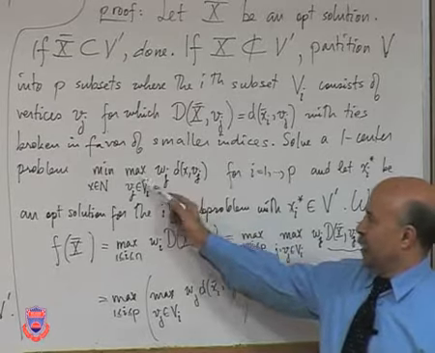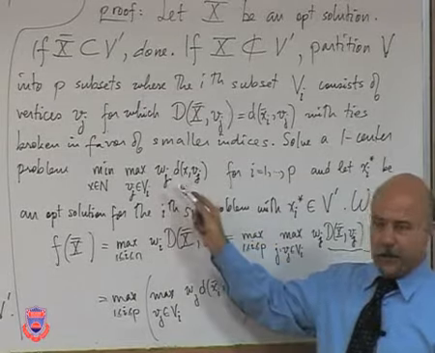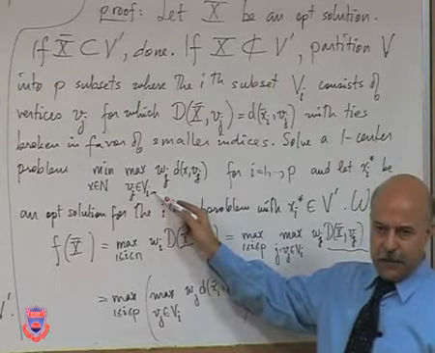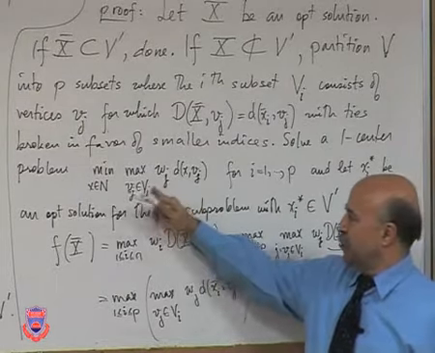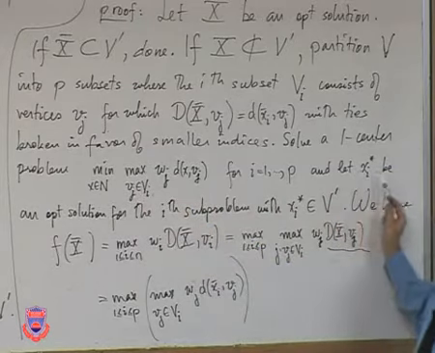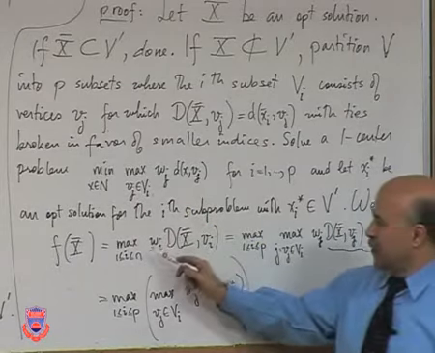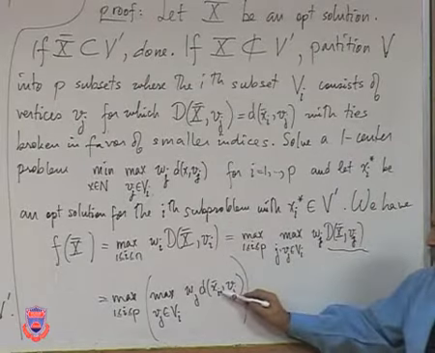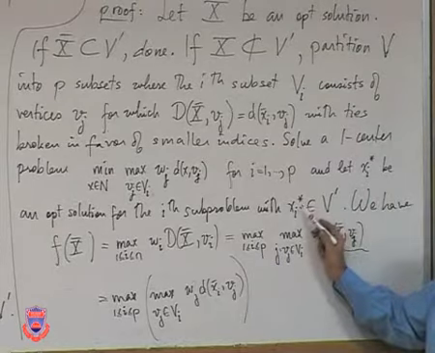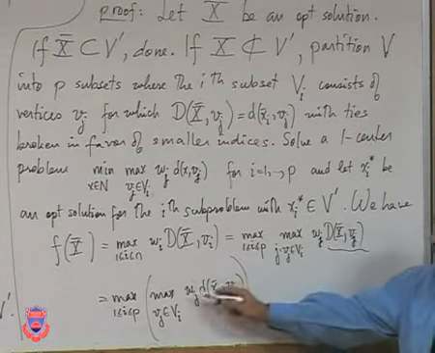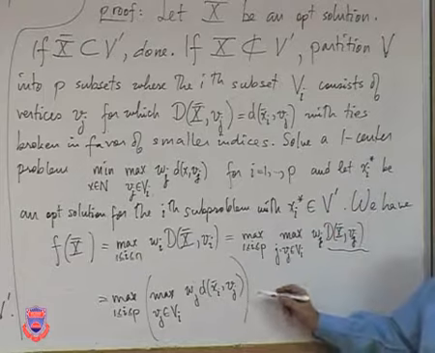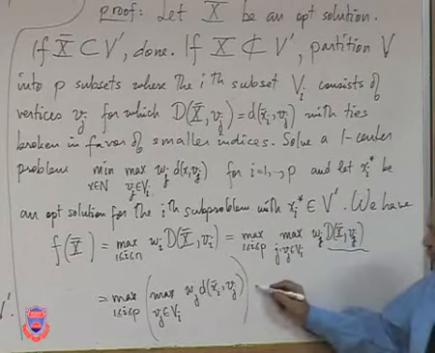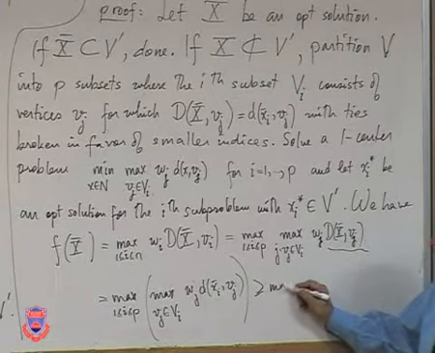For the ith subproblem, when I solve this optimization problem only for vertices in the ith subset, I get a certain solution. And that solution is xi star. And by assumption, it's coming from V prime. So if you replace xi bar with xi star, because this is an optimal solution for this subproblem, obviously its objective value will be less than or equal to that. So this is greater or equal